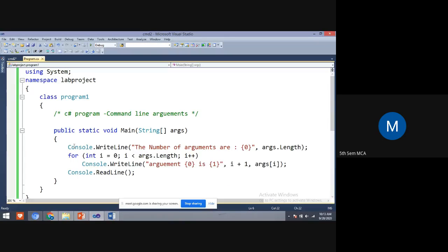Here, I'll explain. See here, see this line.